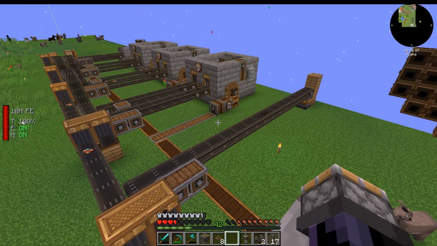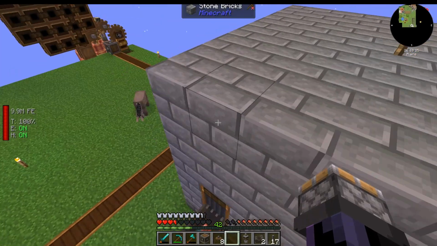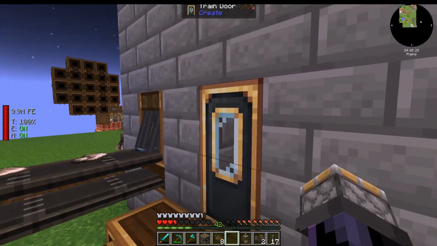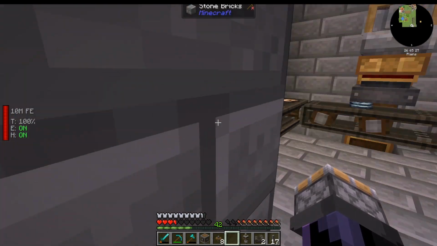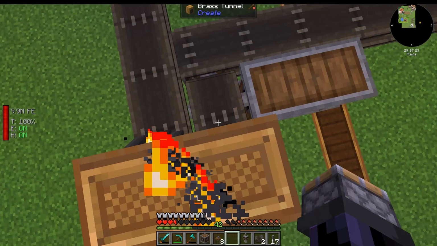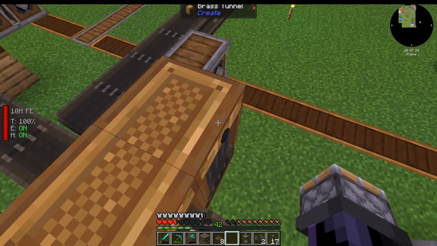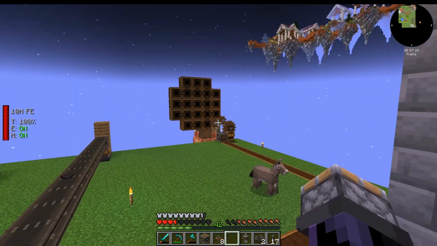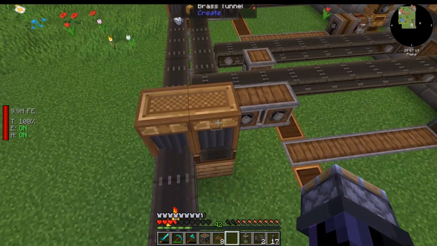Okay, so here we have our mostly complete main bus. Let's talk through how all of this works. Our main room here is what's doing all of our sifting of gravel and producing all of these resources, slowly but surely. There's a little bit of lag as those resources then get filtered through our series of brass tunnels. Here, this one's filtering the coal out so that it can run our boiler. Then the second set here